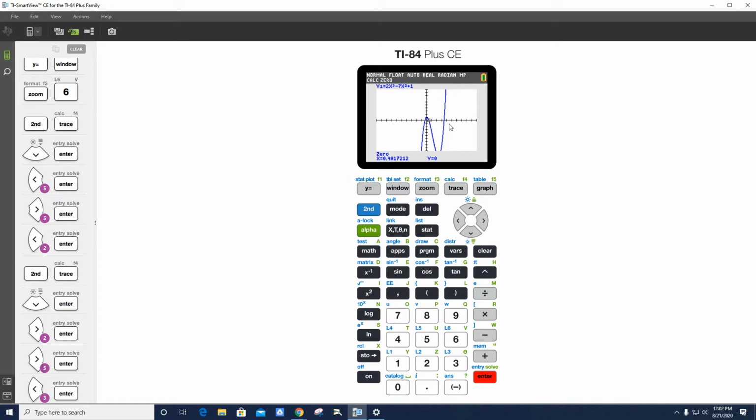Okay, you get the idea, so I will not do this next one. But if part of the graph goes off the screen, you will just have to keep moving to the right, and once you select second, calculate, 0, it'll go all the way down here and back up again. Okay,